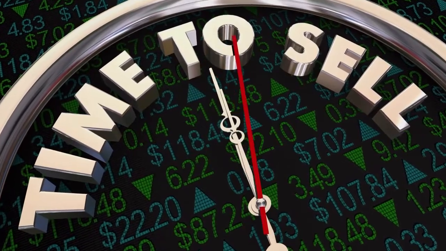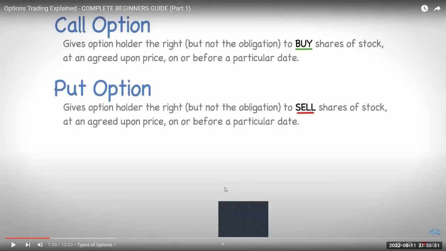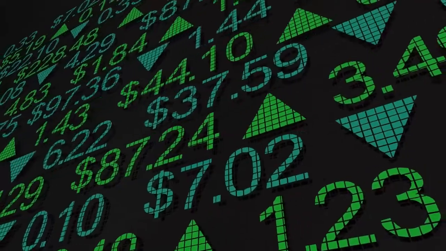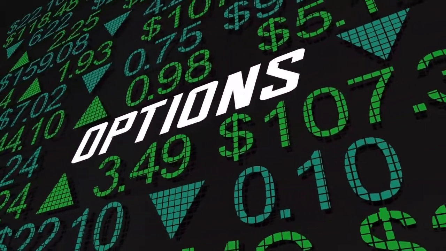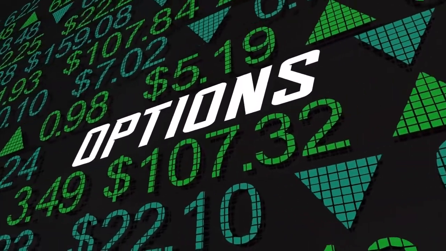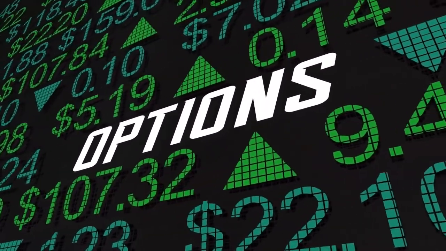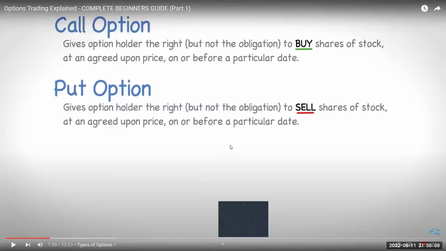And basically, one option is really a contract for 100 shares. So if you have a call option, you're buying it and you're predicting basically the price will go up by a particular date. And if you buy a put option, you're buying the rights to 100 shares and you're saying it's going to go down by a particular date.